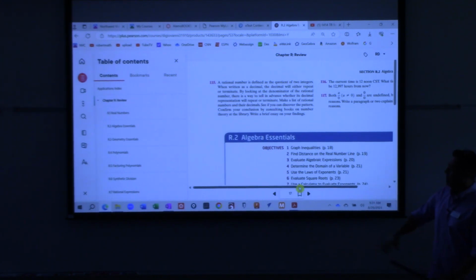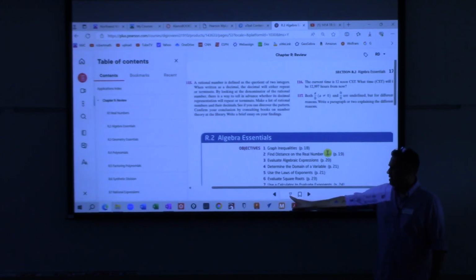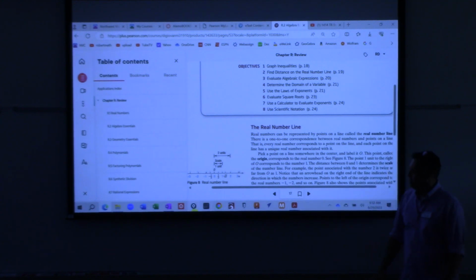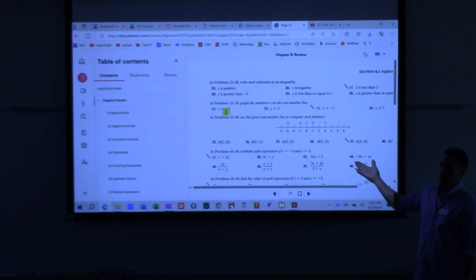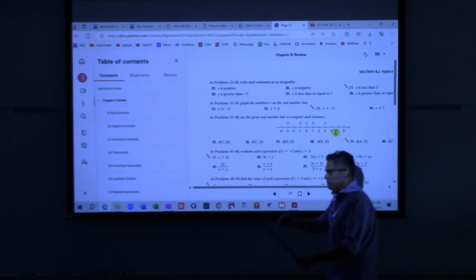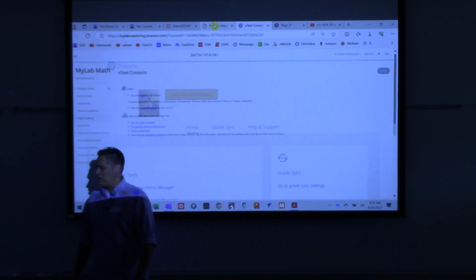Here's the book, all right? Do you see down here you have the page number? Yeah. You see that right there? What page is the homework? 27. If you just go down there and type 27, it'll take you right to it. And then these are the problems. And then you're supposed to do whatever problems are listed there. All right? Does that make sense? Okay. Thank you, Alejandro. I don't know if that actually is going to work for everyone, but we tried, right? We gave it a shot.